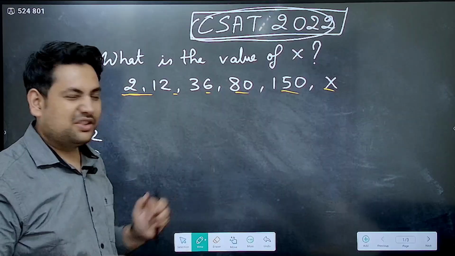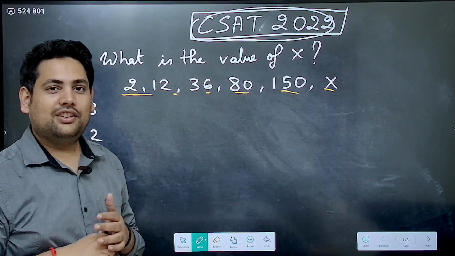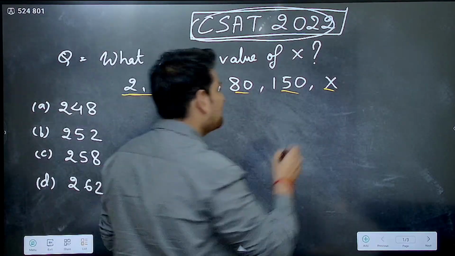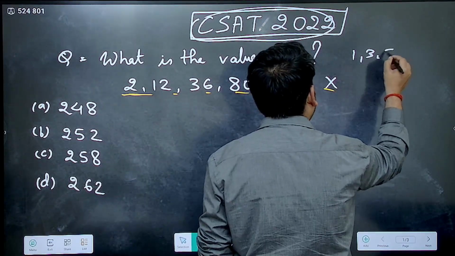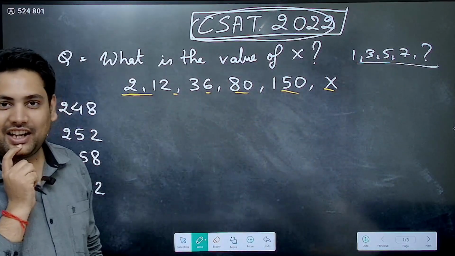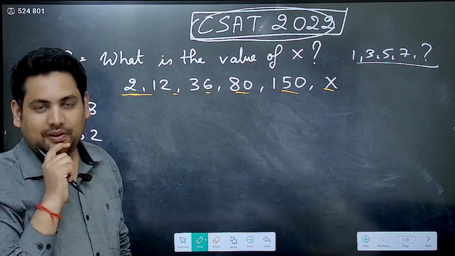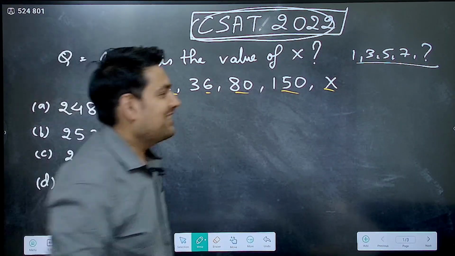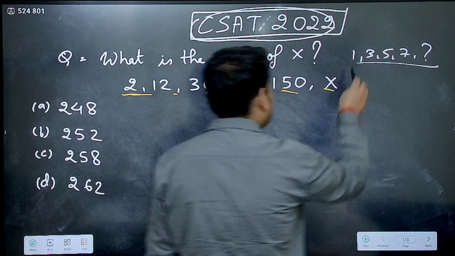Such questions you might be doing when you were a small child. But then questions used to be easy, like 1, 3, 5, 7. What is next? So you said 9, everybody got happy. The family thought that we have got a genius at our home. Anyway, so now